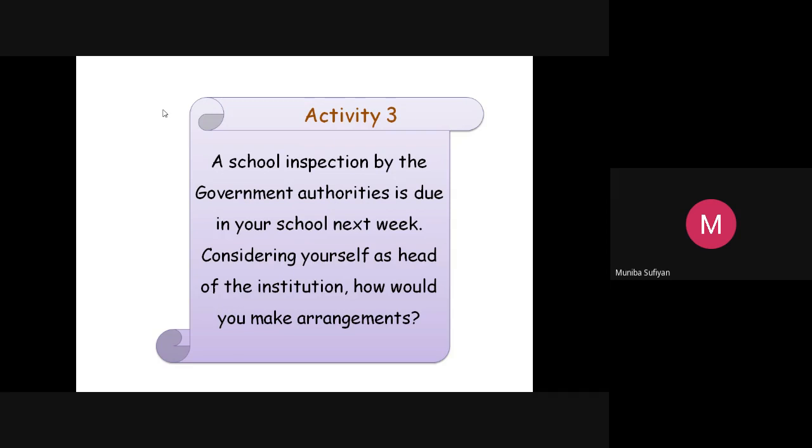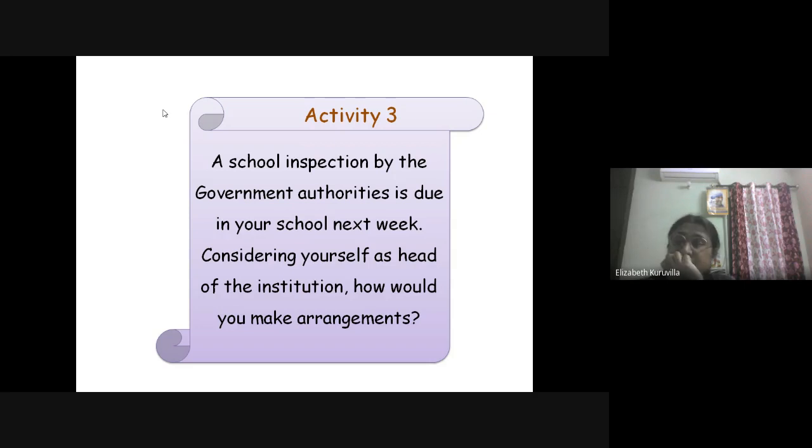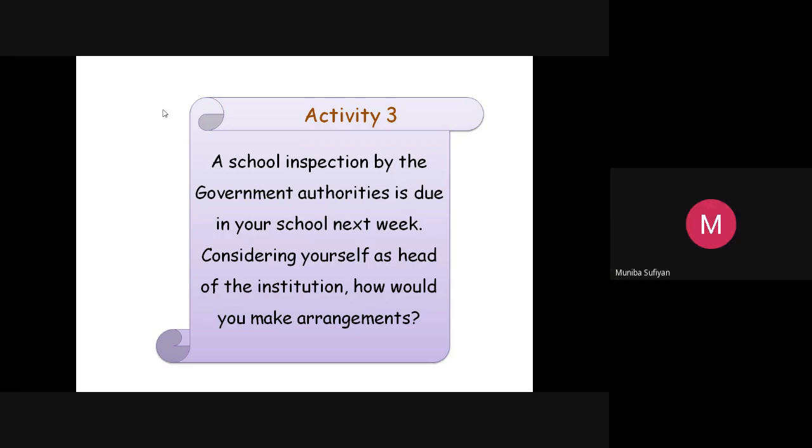Then non-teaching staffs also should be informed about the upcoming events so that they will take care of the school environments, the cleanliness of the school environments. Then after that, the head teacher also should make arrangements to check all round.